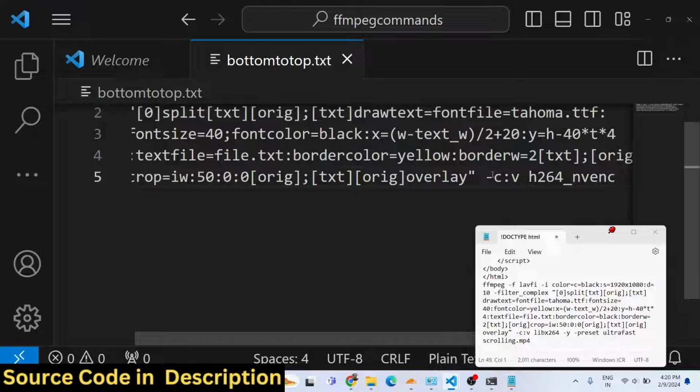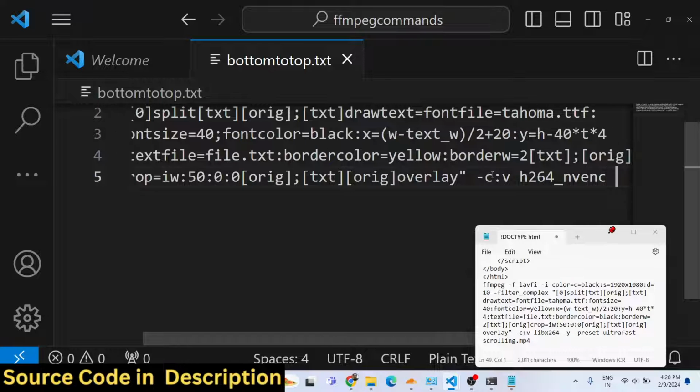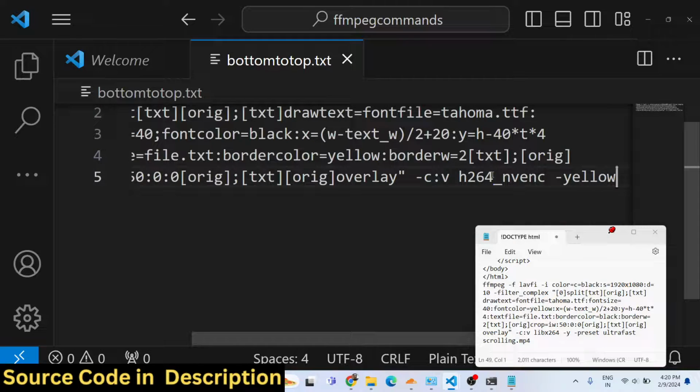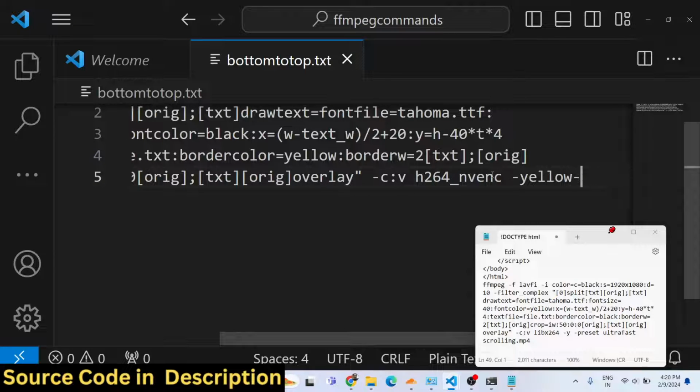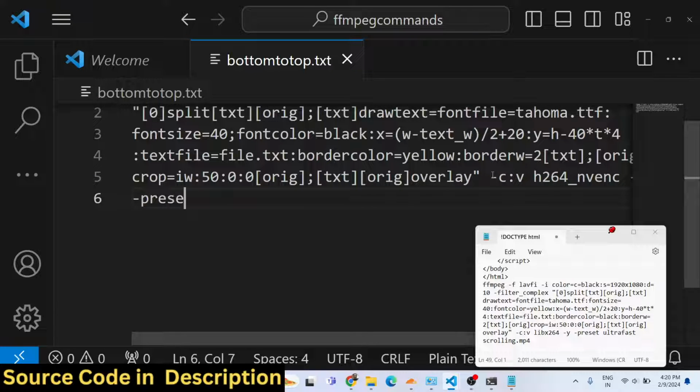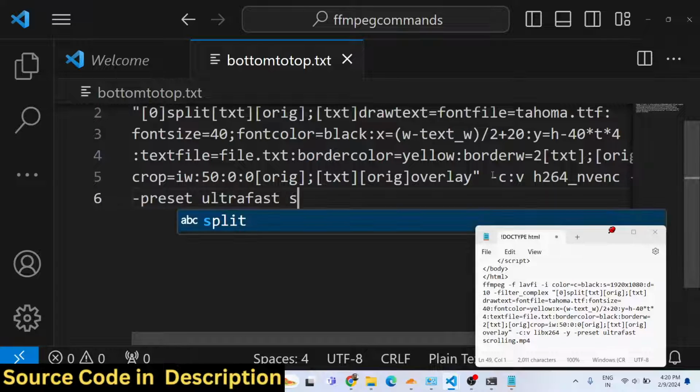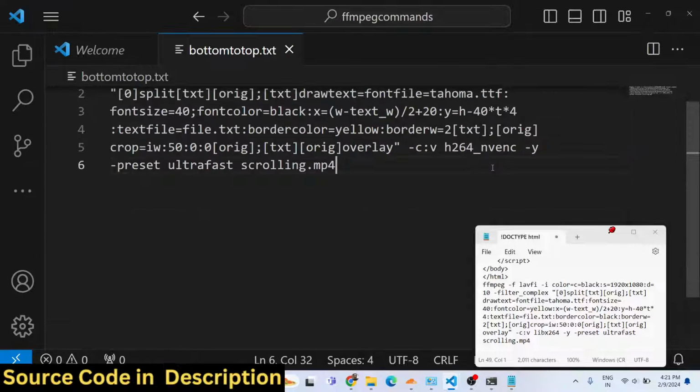h264 underscore NVNC and then -y, and you can also provide a preset here if you want a faster processing. You can simply write here ultra fast, and then the output file name, let me say scrolling.mp4. This is the actual command, guys, and if you see,